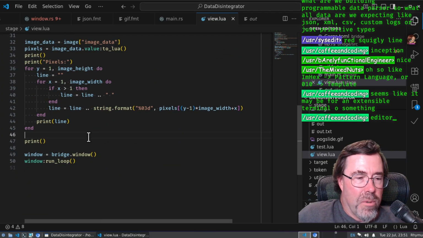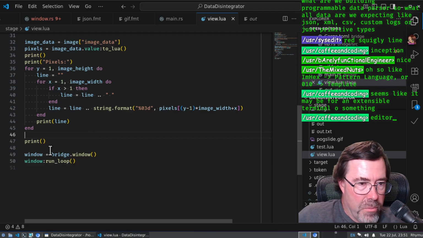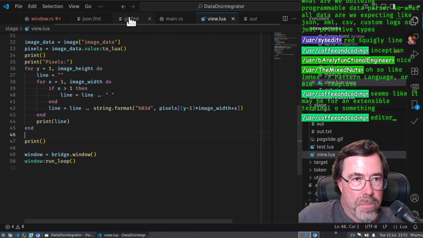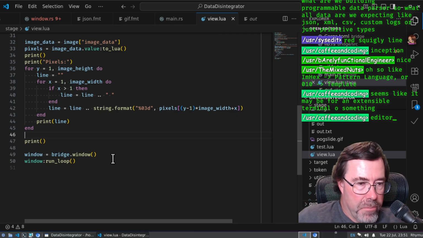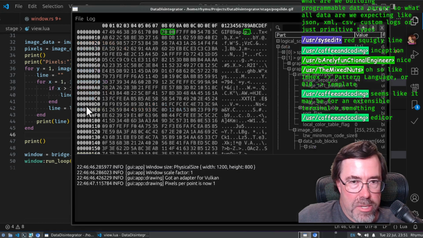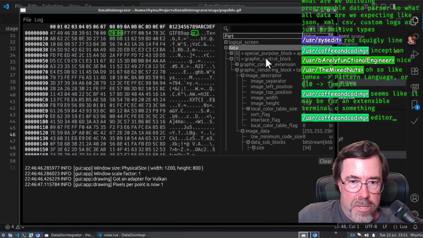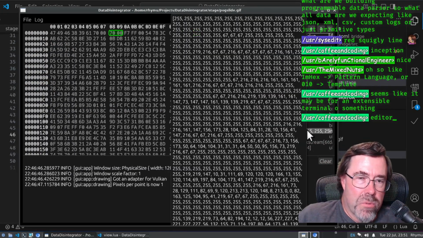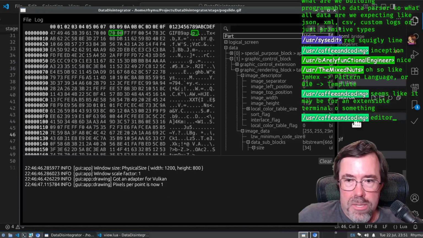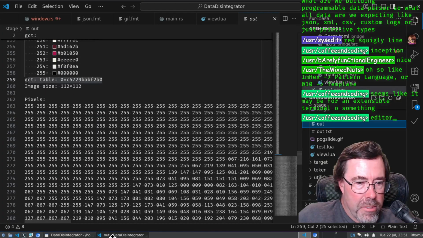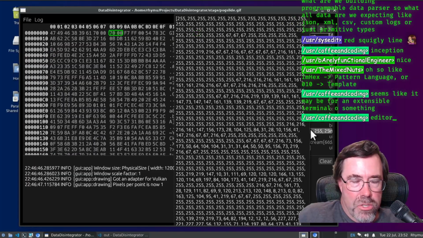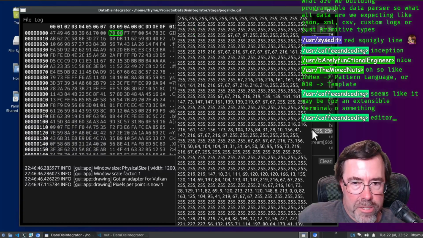So yeah, what I'm trying to build up towards is I want to have a window and give it the pixels to draw and just tell it to run. And this is purely prototype work, because eventually what I want to do is in the GUI here, instead of when you hover over image data and it shows those raw pixel value indices, which is the same as what's shown in this output file down here, same data, I'd like it to actually either show the image in the pop-up, or maybe you click something here and it shows